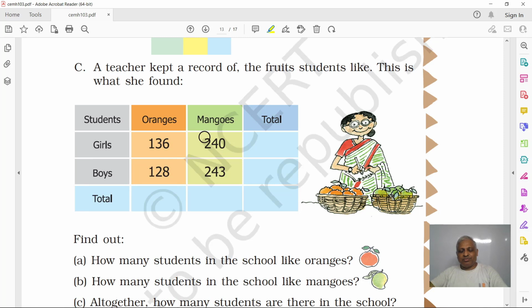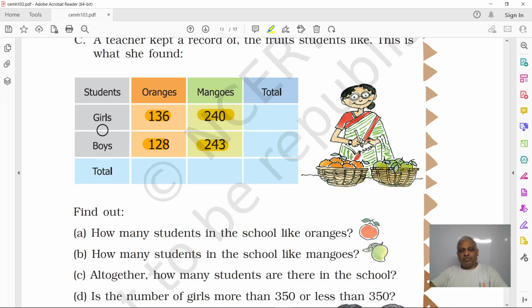Okay, oranges and mangoes. Students like, right? And the teacher one day made some record. Girls who like oranges are 136, who like mangoes are 240. Boys who like oranges are 128, who like mangoes are 243. Right? Can you tell me how many girls are there who like